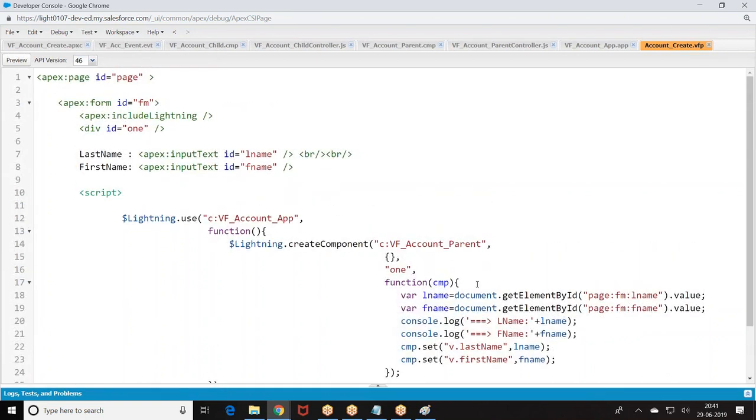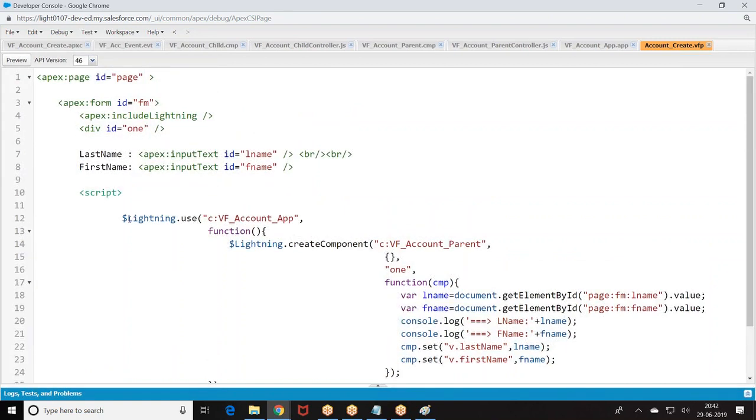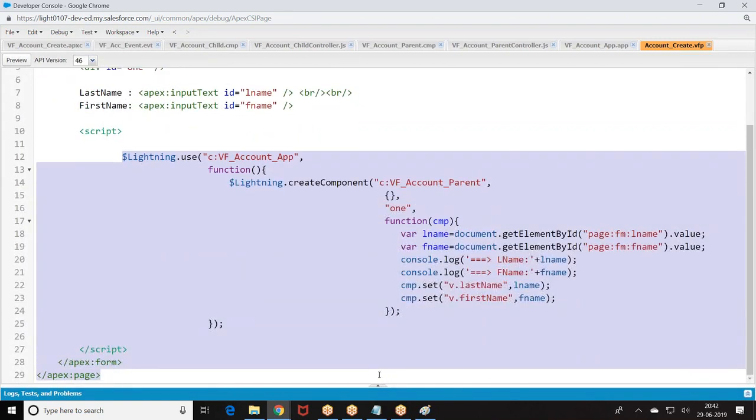So again the same story is happening here. Now tell me, what is the issue here? The issue here is, when a new component is loaded, this is loaded. No, this is not with respect to this.